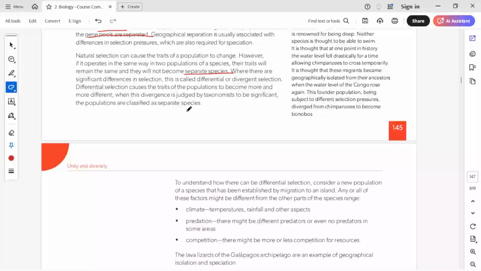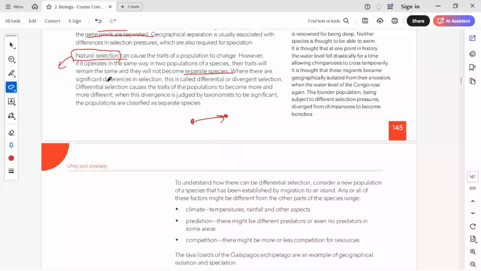So natural selection is a whole different picture. In natural selection only the best ones, the fittest ones, are surviving. That is the theory of natural selection, survival of the fittest. So here the traits of the population can change, but reproductive isolation is not taking place between the species. So in this way they will not actually become separate species, because reproductive isolation is not done. Two different species will not form. From a common ancestor, a new species has evolved.